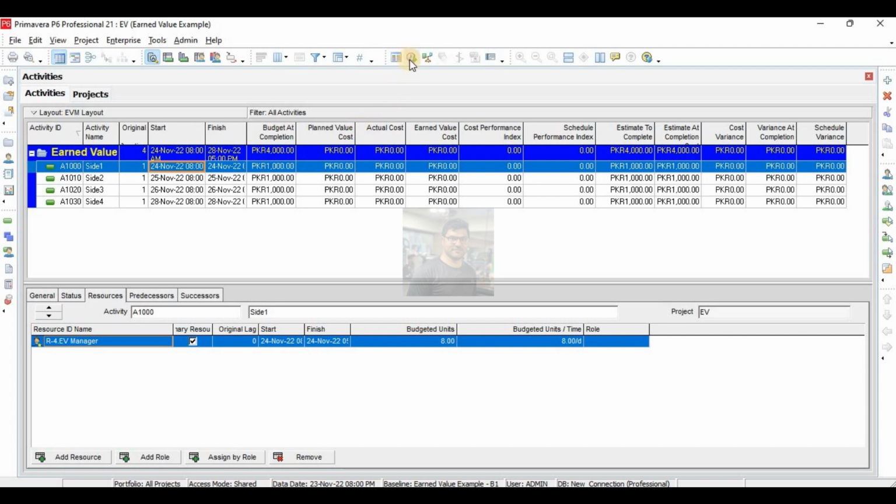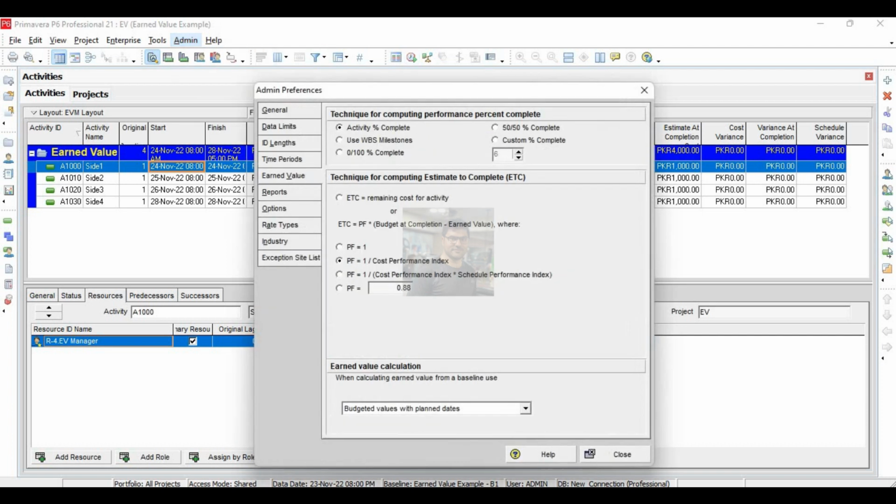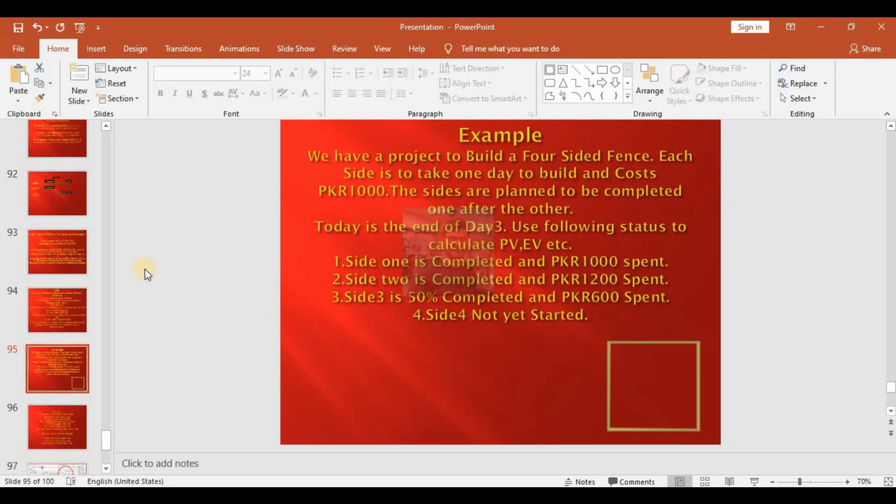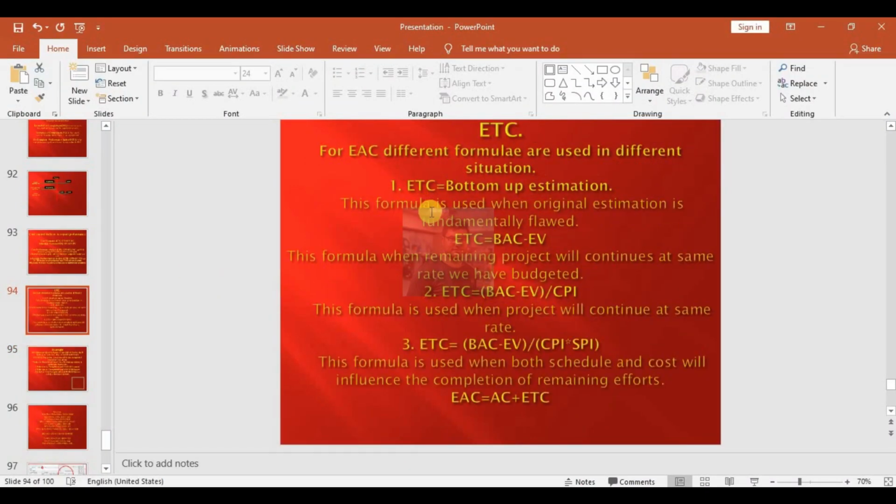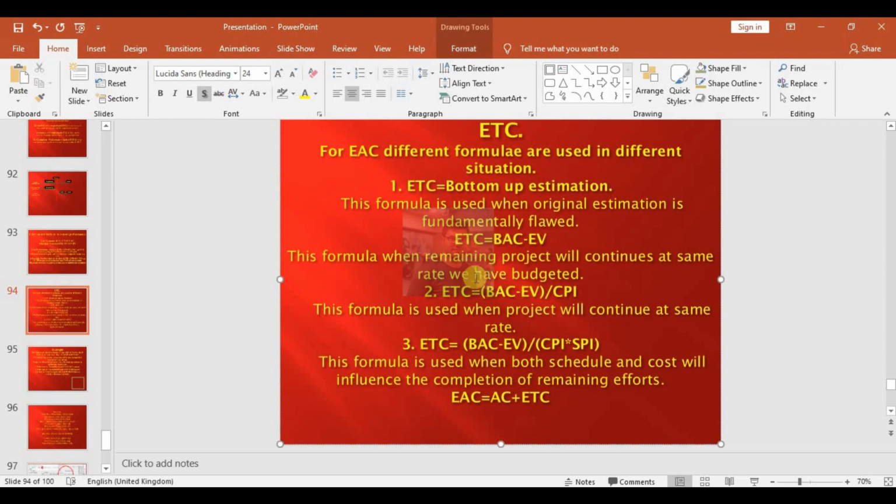Now I will update it, and before updating it, you should do some setting, because as we have already discussed, there are different formulas for estimate to complete. We have to do setting in Primavera accordingly. I have used this formula in my example, so I will make my Primavera software accordingly.